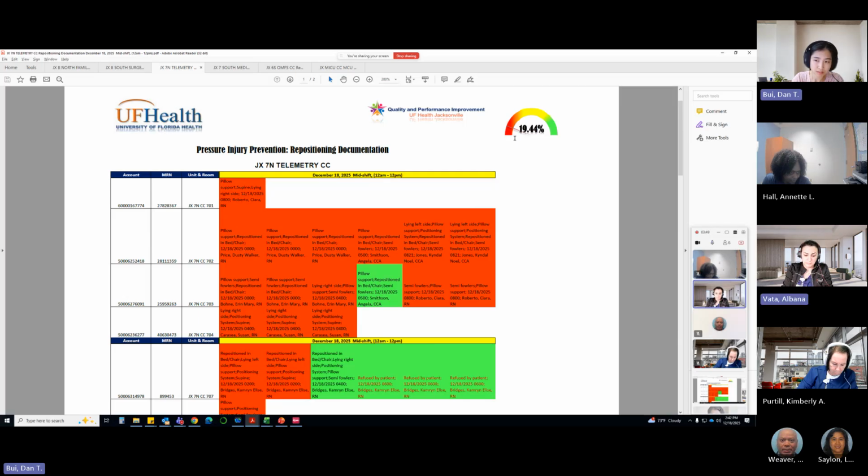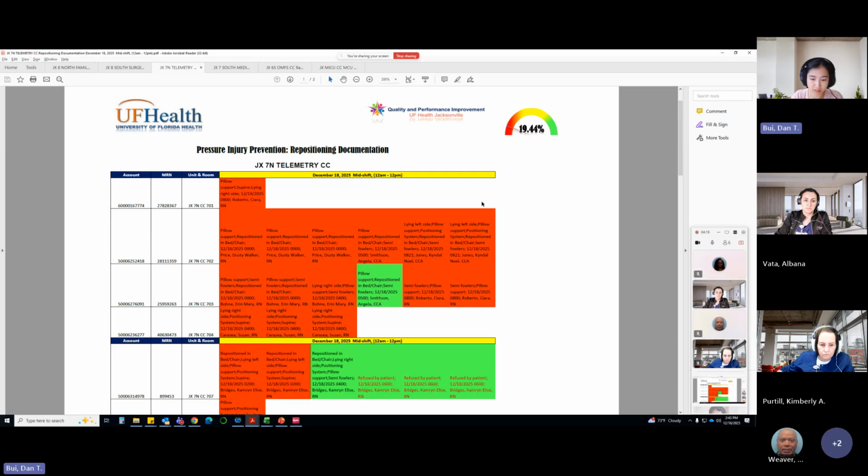Now, because this report has some error, this number might not be representative of the unit. Just know that I'm just counting green over all cells that have color. I'm not counting any cell that is blank, which means the patient might not even have been in that unit for long enough, or maybe the patient came in at the last minute of the shift, so there's no entry, so there's nothing to be counted in that time frame where the patient just got there. So that's how you can interpret it.